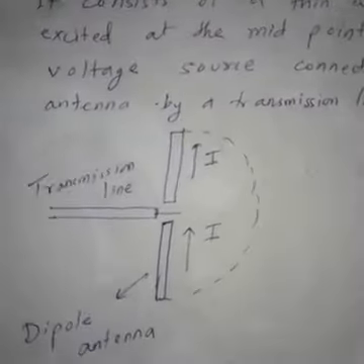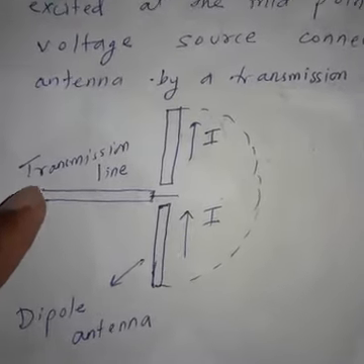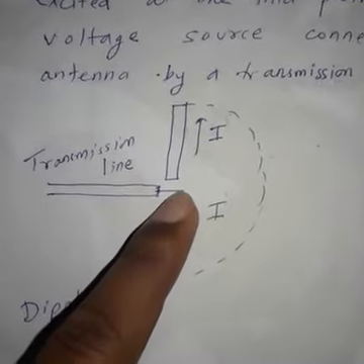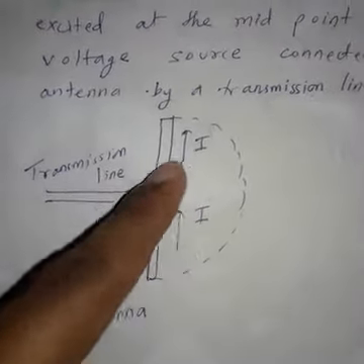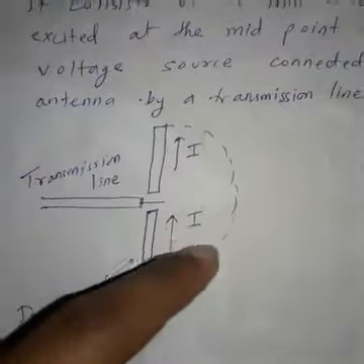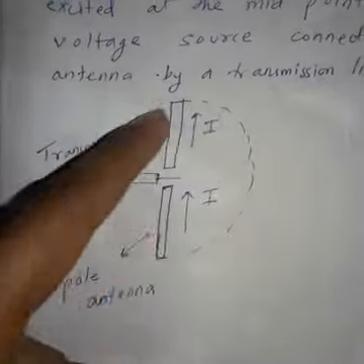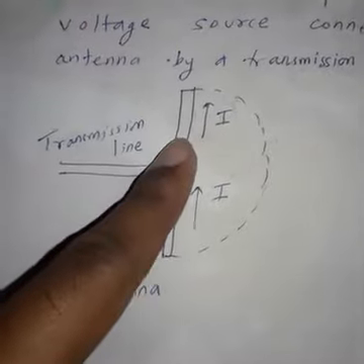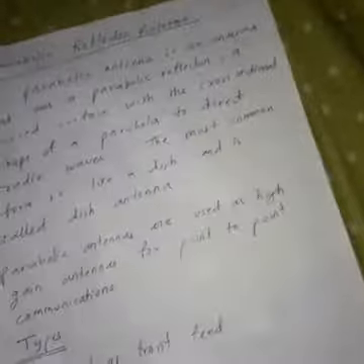If you look at the figure, the voltage source is not shown in the figure. The voltage source is connected by the transmission line to the antenna. The antenna has two conductors, and each conductor length is half of the wavelength. Because it is two conductors separated by space, the system behaves like a dielectric, so it is called a dielectric antenna. And because the length is half of the wavelength, it is called a half wave dipole antenna. Clear? Then you directly remember the formulas for electric and magnetic field.